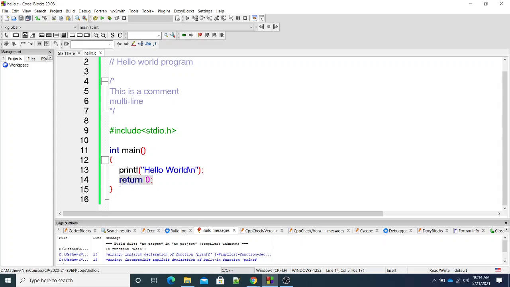This is another statement. This is not a function call. This simply means that normally this will be the last statement of your program. After executing this statement, your program will terminate. So to indicate termination, or to indicate to stop your program, you give this statement: return 0. Now clear?